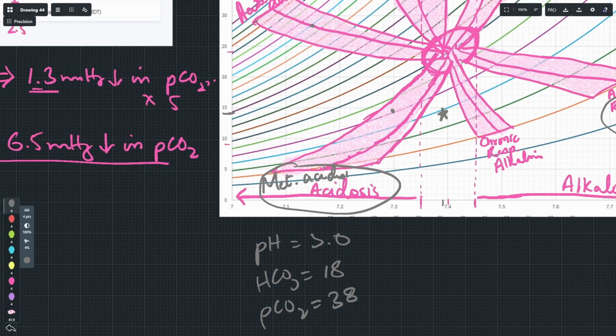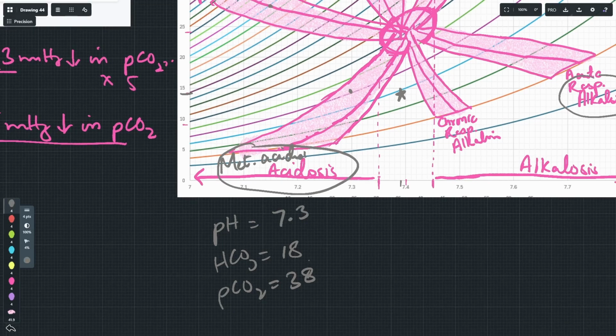Now, pH 7.3, I wrote 3.0 by mistake, since it's not even possible to have that pH and be alive. Anyhow, it is towards the acidic side, and you see alkali reserve is